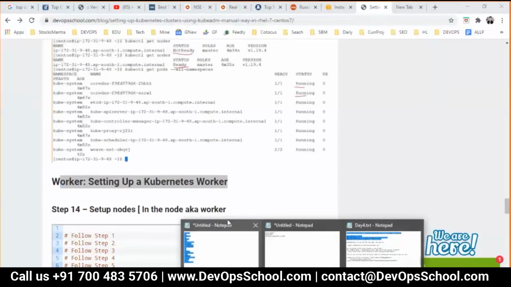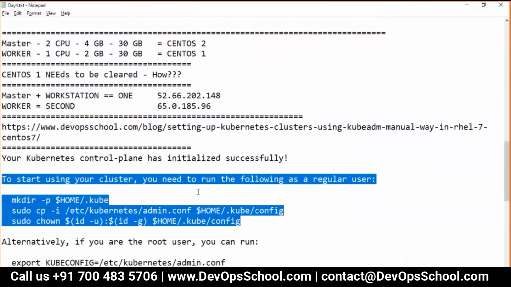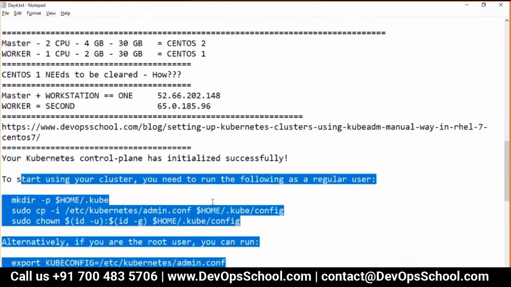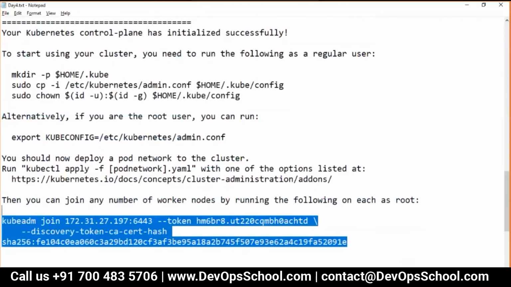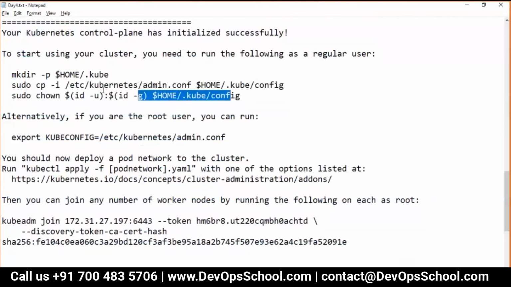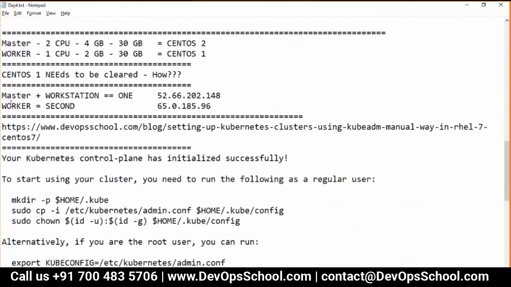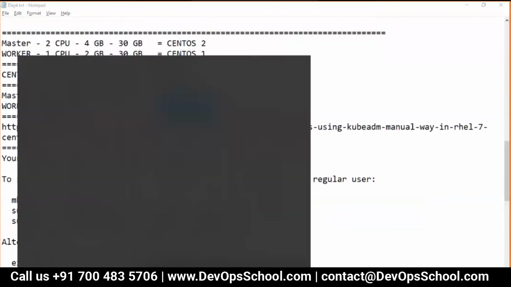This is done. Now the time has come for setting up the Kubernetes worker. So guys, master and workstation setup is done. Did you find any difficulties so far? Any difficulties? Okay, so now guys, I'm going to close this URL to avoid confusion.